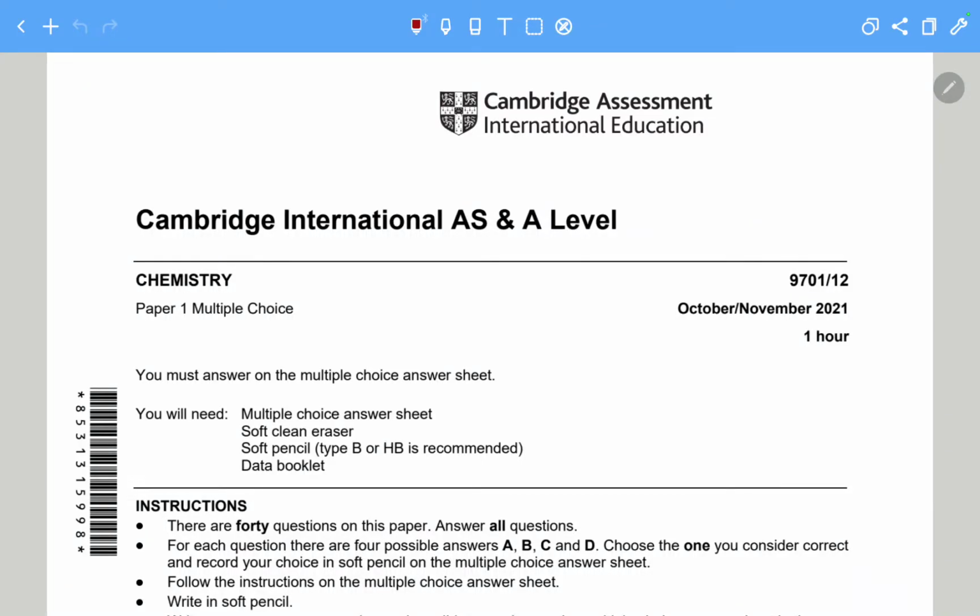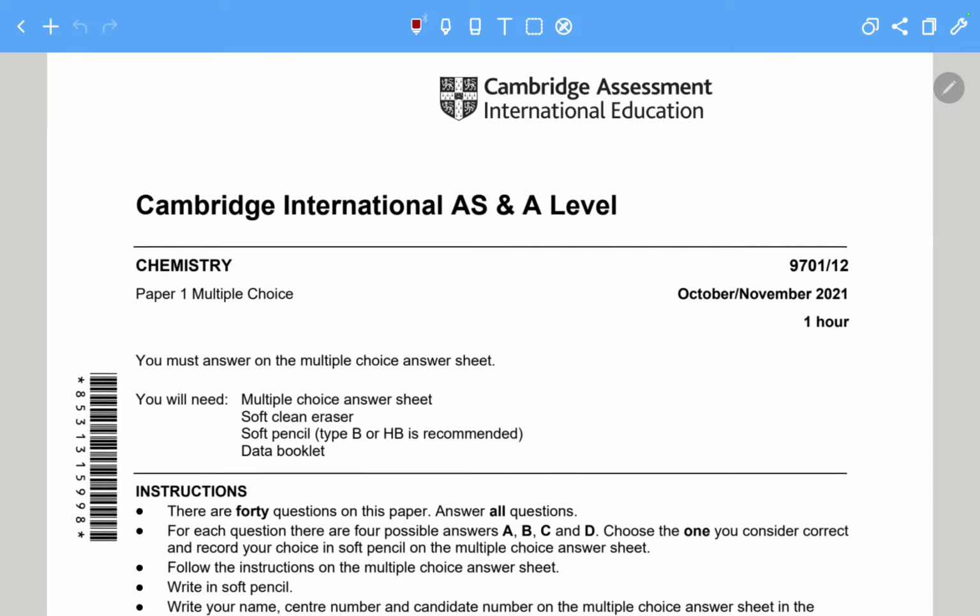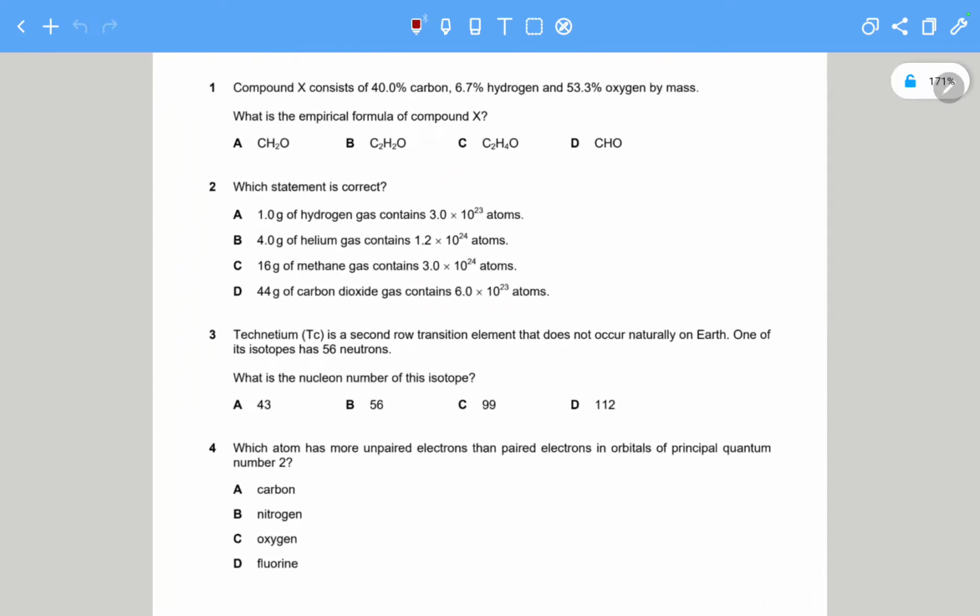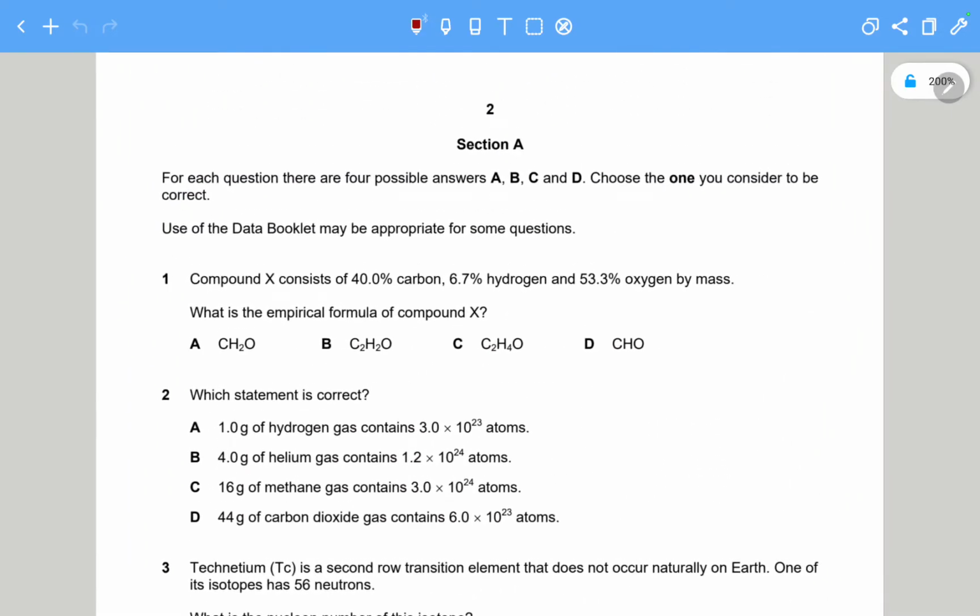Welcome to A-Level Chemistry. Today we are going to go through the October-November 2021 paper 12, which is the second variant for the multiple choice paper for this session. And as we go through the questions, I'll give you some tricks that you can use during the exams to get a good score. Now, one of the most important tricks is always to read the questions carefully, because one